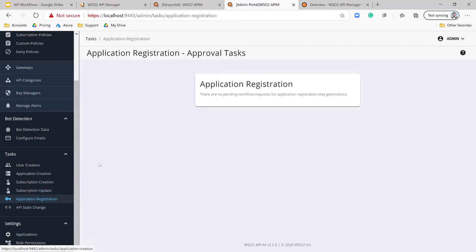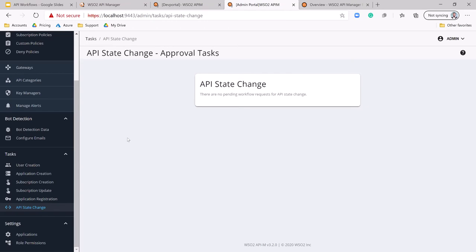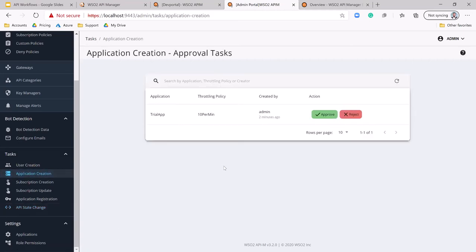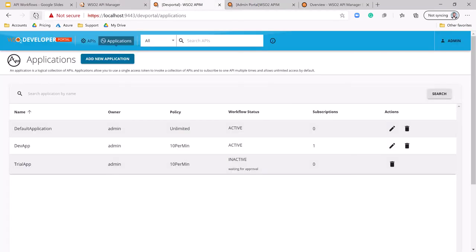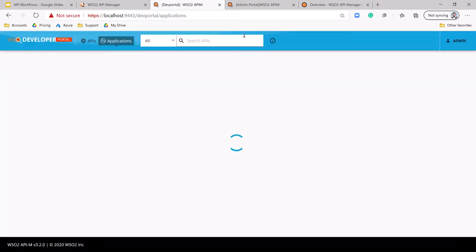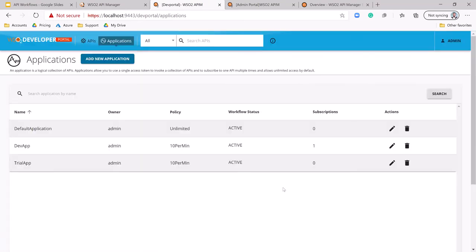Application registration and API stage change approval request will be listed in these views. So what I'm going to do is I'm going to go to application creation and say approve. Once I approve, let's go and refresh the developer portal. You will see the new application is in active state.